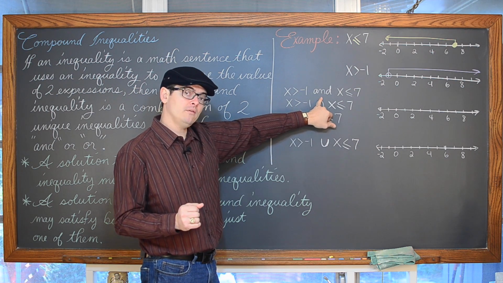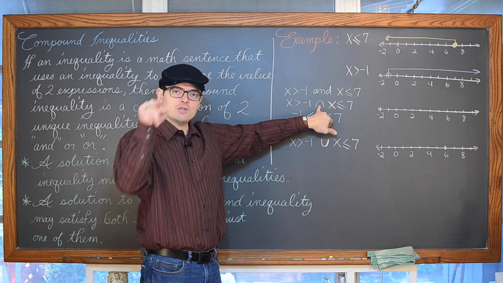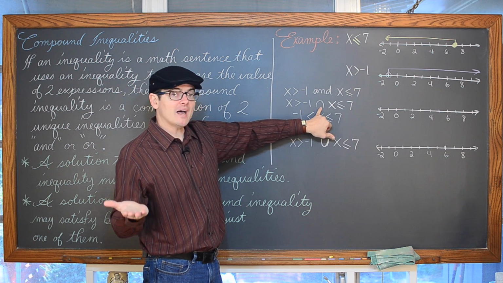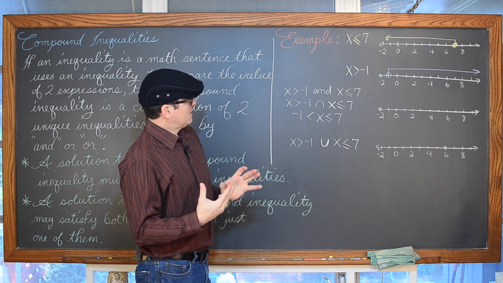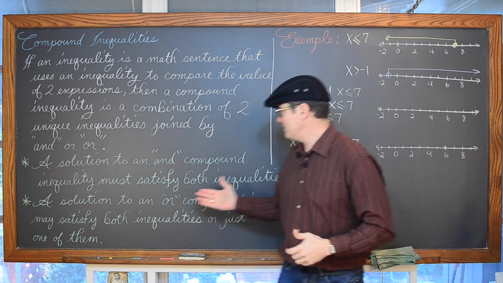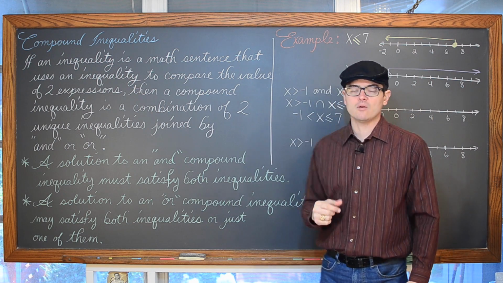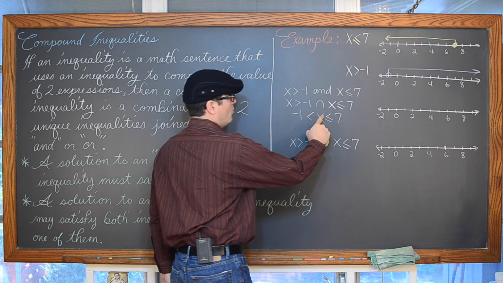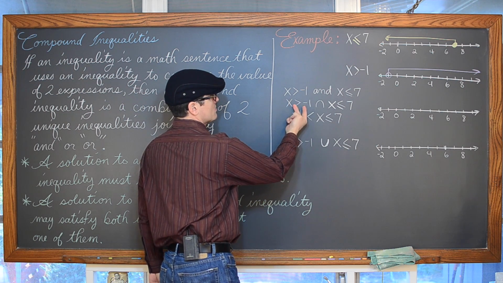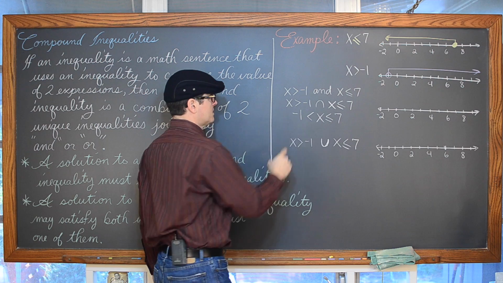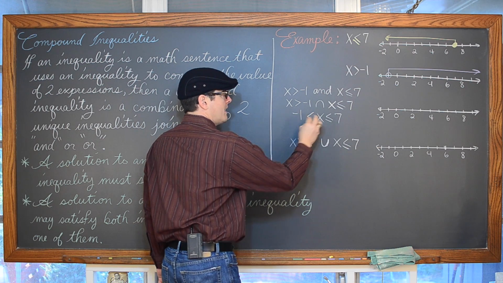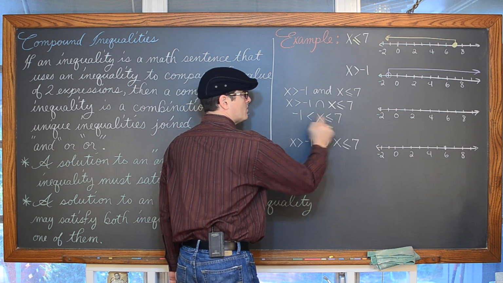Well, I can write the word and. I can use this set notation, sort of like a U-shape opening down, like you can see here. So both of these, the word and, that means and. Then also, since with compound inequalities the solution needs to be a solution to both of the inequalities, you can write it as one sentence and go, okay, what are the values of x that are going to be larger than -1? Notice I turn this around. The open side of the inequality is towards the x, and it still is towards the x. So x is greater than -1, and it's sort of in between, less than or equal to 7.